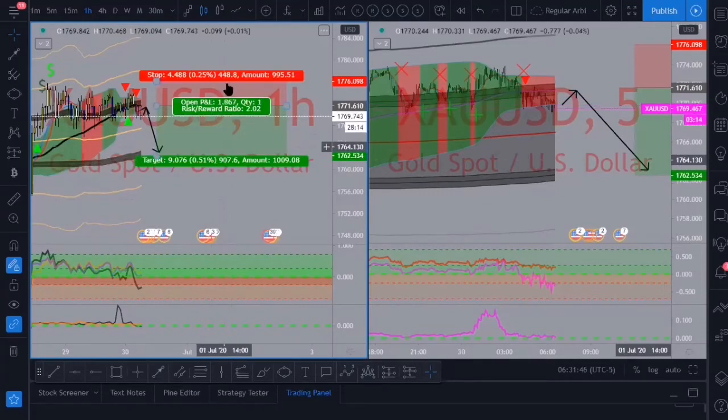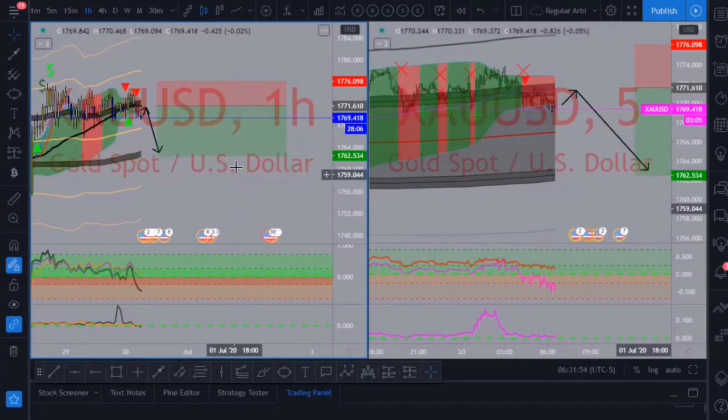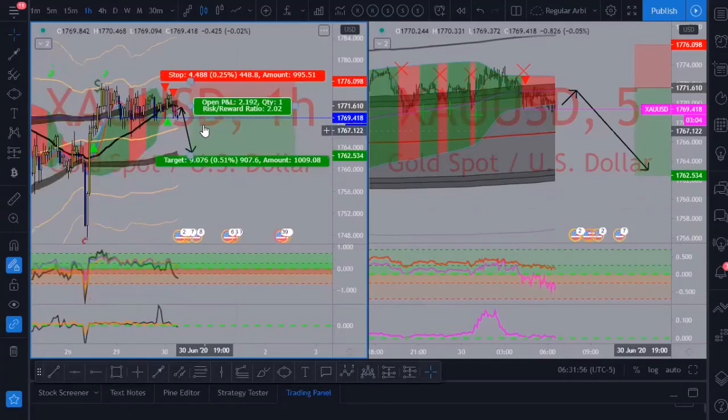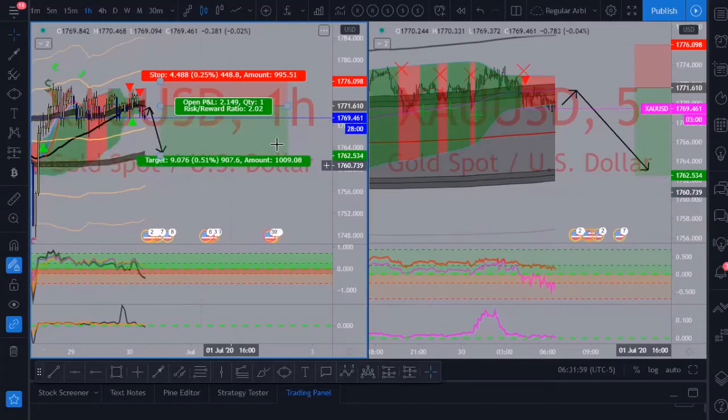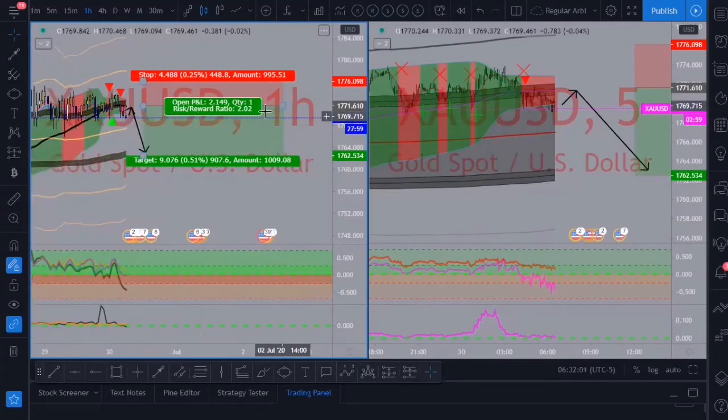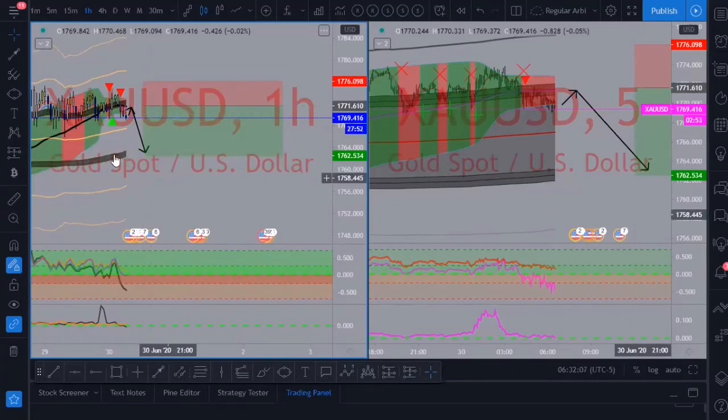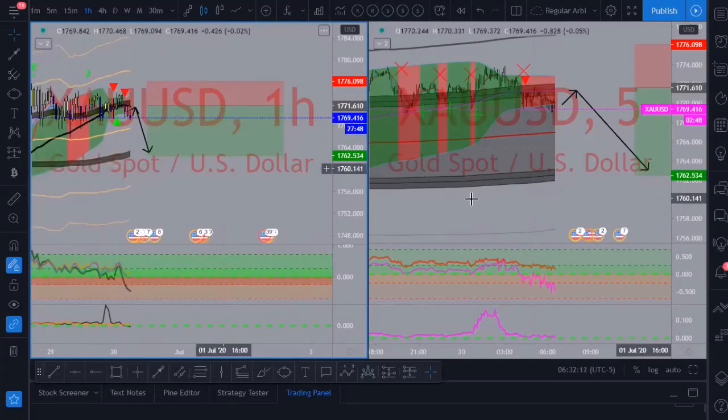You're risking 448 pips to get 907 pips. And again, you could sell it right now because it is calling for the sell, but if I were to trade gold, I'd rather get this entry up here and then drop. But that's all up to you. Like I said, price could literally just drop from right here as we speak. So that's all up to the trader. But yeah, this looks solid for a sell.